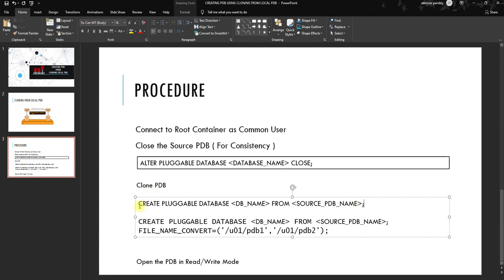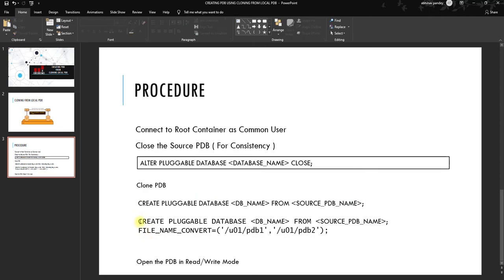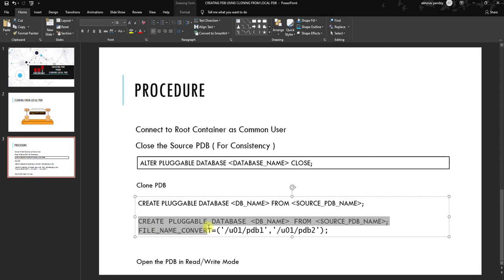When you issue this statement, the database will create a subfolder under that /aura data. It will name it after the PDB name, and under that subfolder the files will be created automatically. But in my situation, because I don't have OMF set up, as I said last time, we will be using the file name convert clause.